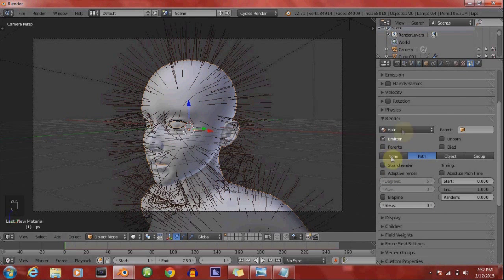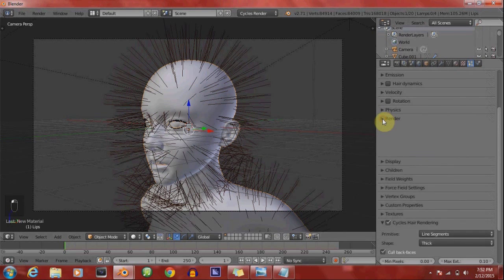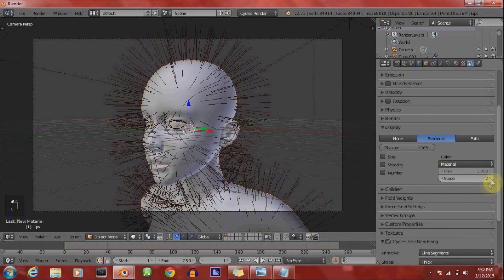now do steps render. So the steps are pretty much like how many joints are in the hair. That means 6 joints are in the hair, because the hair obviously has to bend. We'll check B-spline, and that's about it for render. So I can collapse that. Down to display. We'll change the steps up to 6 here because the steps under render were also 6, and